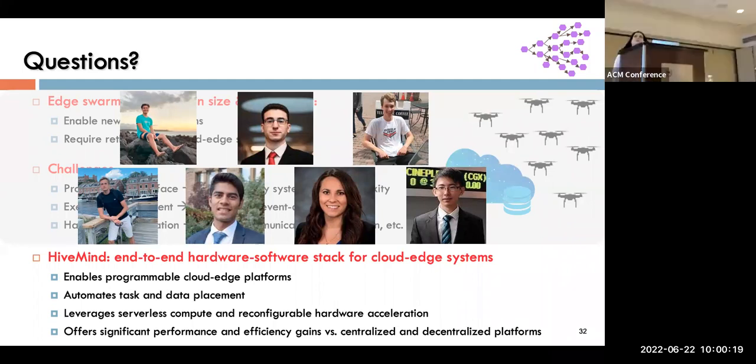That's a good question. So in some sense, that is what HiveMind does, but it does it at task granularity. So a task can be face recognition. Another task can be creating the route for navigation. So one of those can run at the edge, one of them can run in the cloud. What we haven't looked at yet is intra-task division of work. To some extent, well, okay. Let me think about it.